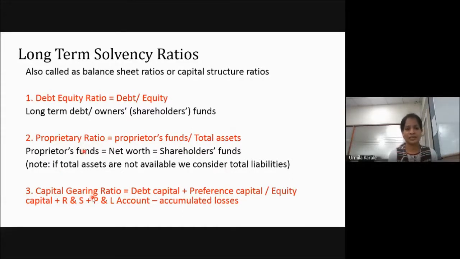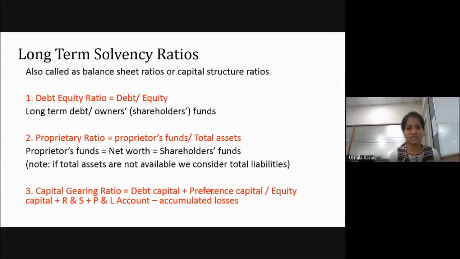Now, capital gearing, as you know, this and this are very similar. Now, what does this ratio say? Gearing means how levered the firm is, how risky it is, and how high an amount of earnings the firm is getting. So you are checking the fixed percentage bearing cost. On debt you are paying interest, a fixed percentage of interest. On preference capital also you are paying a fixed percentage of dividend.